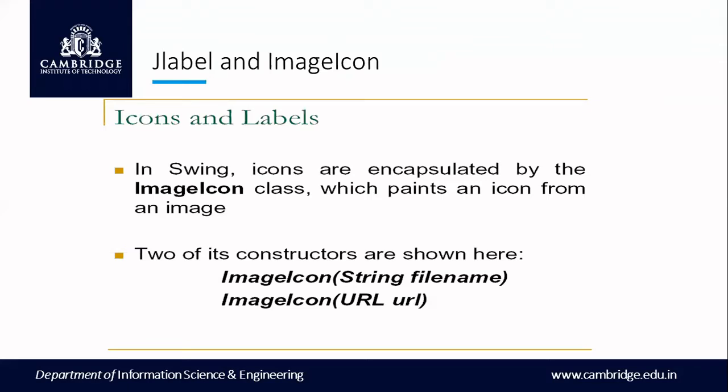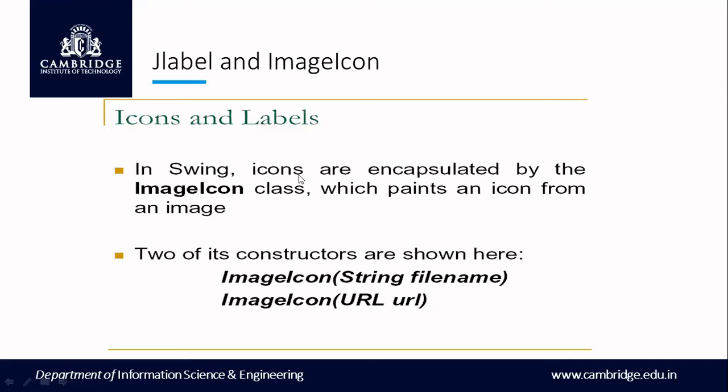Now moving on, after the simple swing application, we are going to learn about more components. What is the component that we are going to learn about? JLabel and ImageIcon. The JLabel we have already used, when we wanted to display a label. Now we are going to study about ImageIcon. If you want to display an image on your container, or you want to display a URL, a link, that is also an image, right? So how do you do that? Using this ImageIcon class.